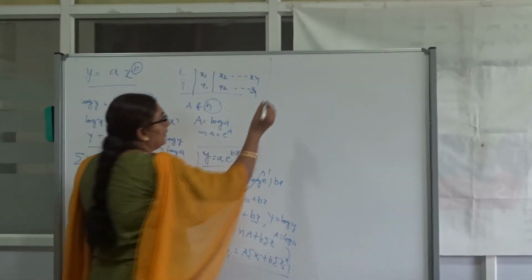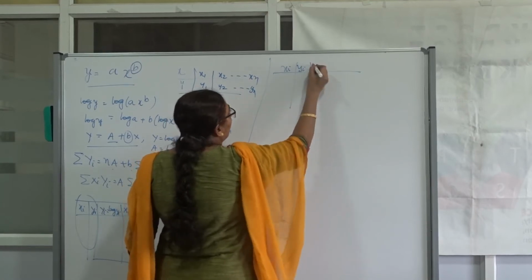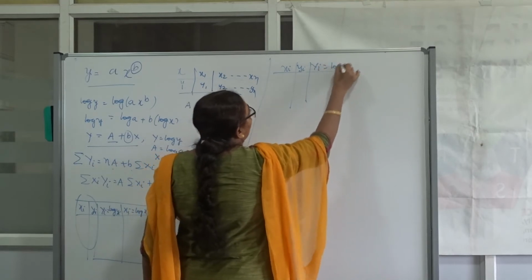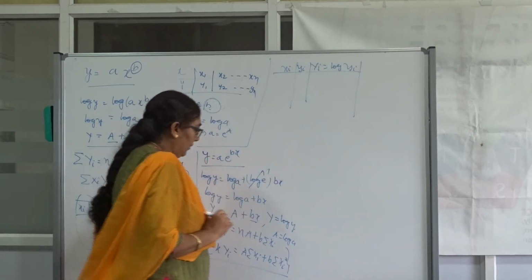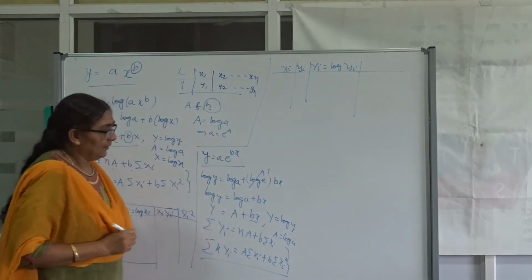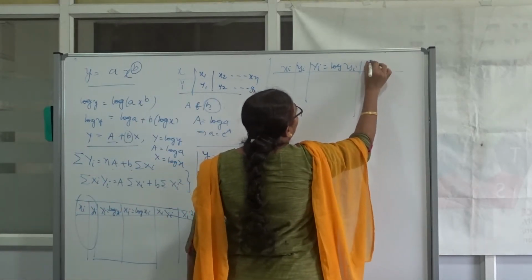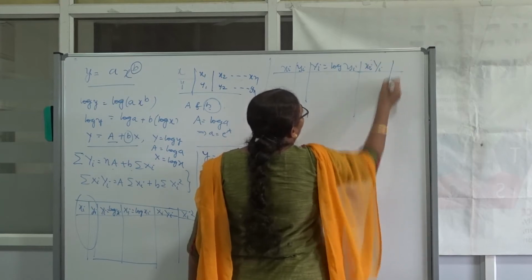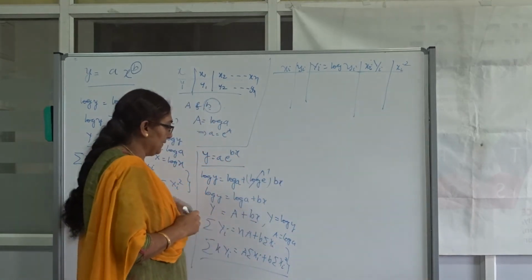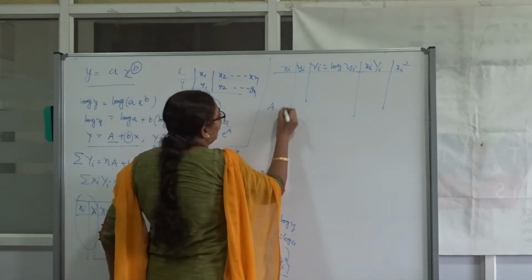What values are required? You construct the table for xi, yi as the given values, and then I want to find capital Yi. Capital Yi is nothing but log of small yi. Then I have to find the corresponding values involved in the summation in the simultaneous equations: xi into capital Yi, and xi square. Substituting these values in the two normal equations and simplifying, we get the equation in terms of capital A and b. Finally, we get capital A and b values.